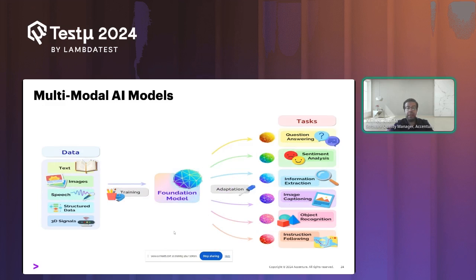Multimodal gives the opportunity that the input is not only text, but also images. You could have audio, you could have anything as an input, and you could also get anything as an output. You could get an output as an image, as video, or as text. So now we have new opportunities, right?